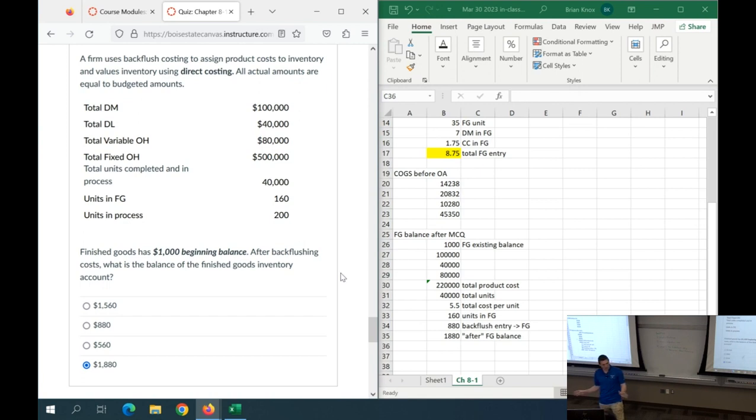Don't think that deeply about it. This question is really just trying to get you to do the calculations for the backflush entry. It's a clumsy way of doing it. But honestly, I wouldn't put it past a firm, a lean firm, to do it this way or to internally consider things this way, because